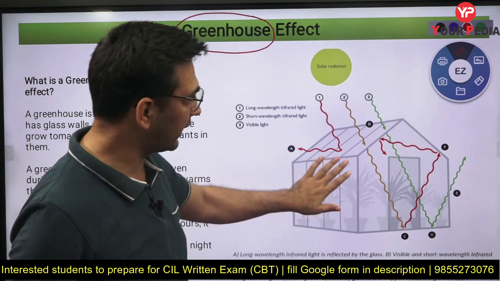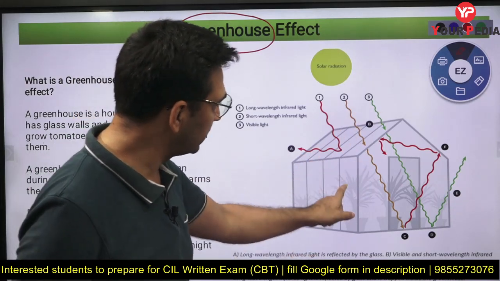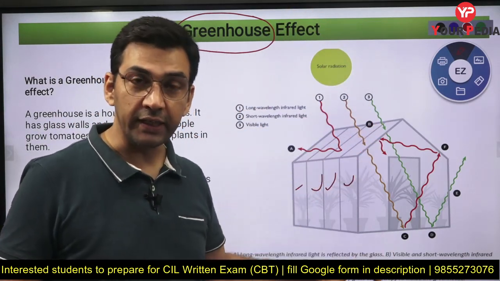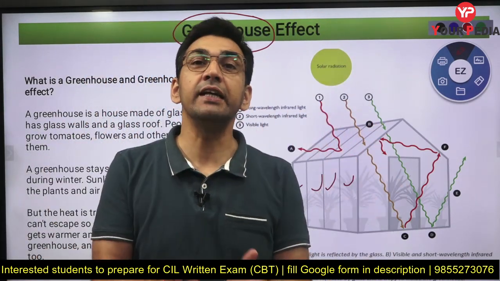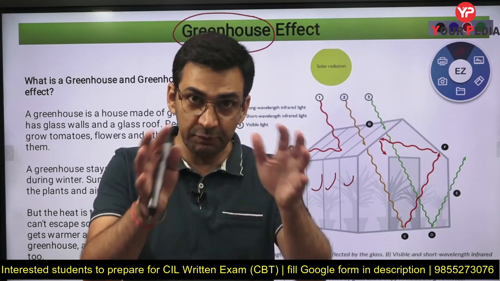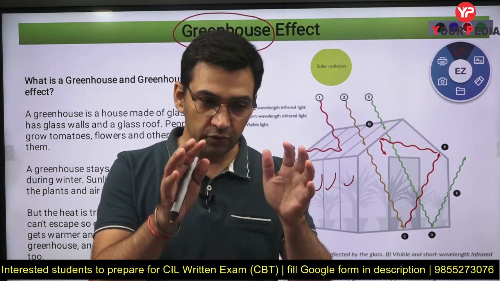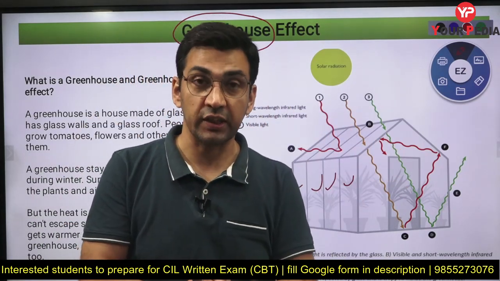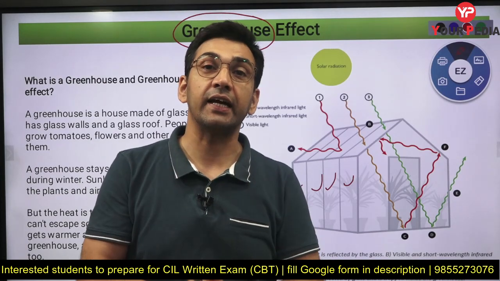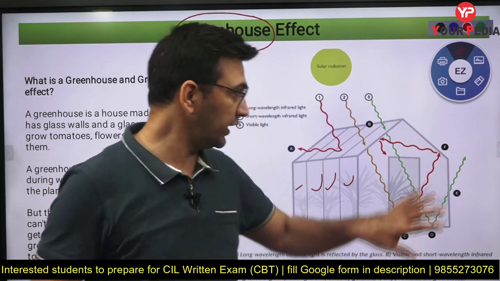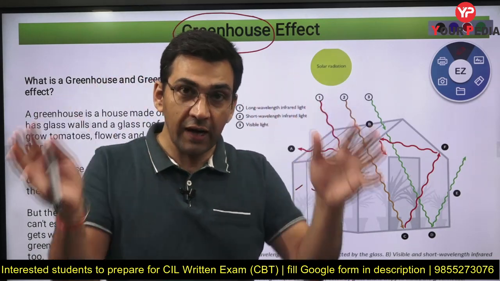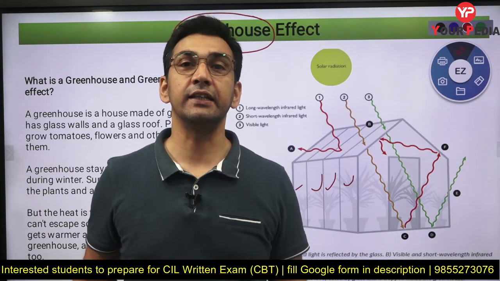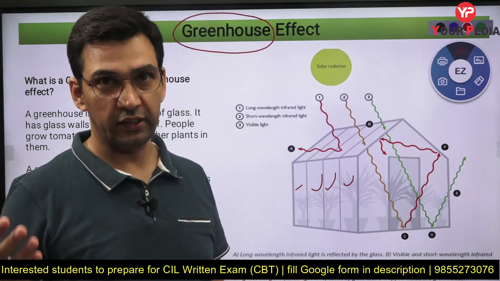For example, let's say these are glass panes in this structure. Now when the sun rays come, they go inside, and that makes the inner surface warm. That means it keeps the inner surface warm. This phenomenon of keeping the inner surface warm within that house structure, we call the greenhouse effect, right? So the greenhouse effect is nothing but the warmth that is created inside that structure because of the sun rays getting inside.